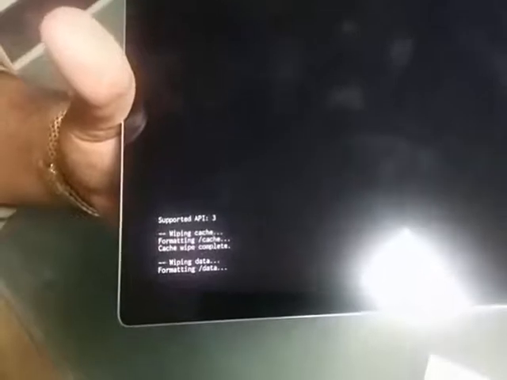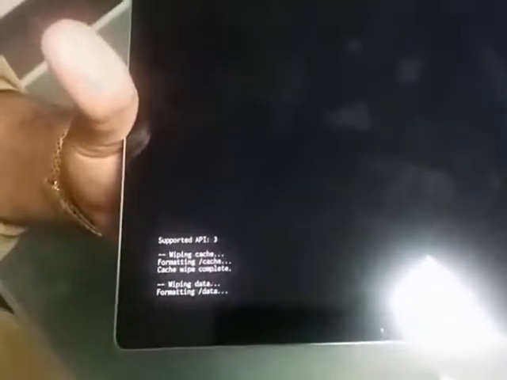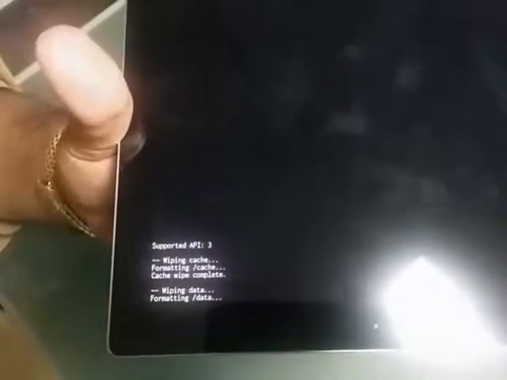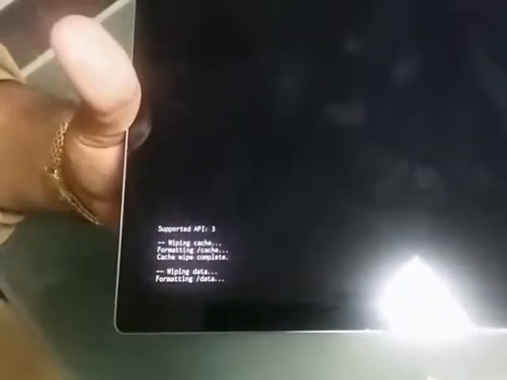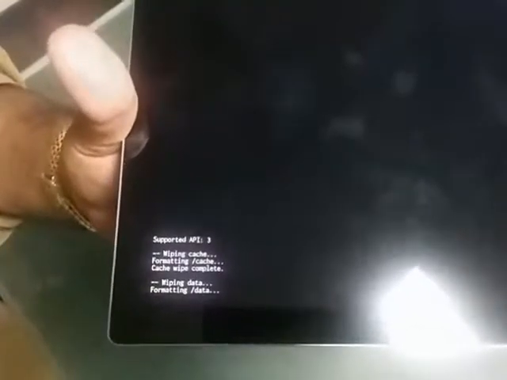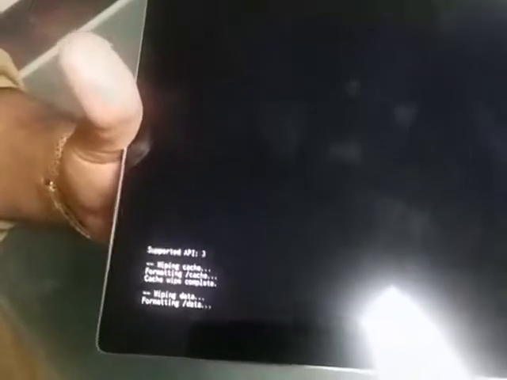It will take some time to erase all the data on the tablet. This is the only troubleshooting method you can use to recover your tablet if this kind of problem persists.